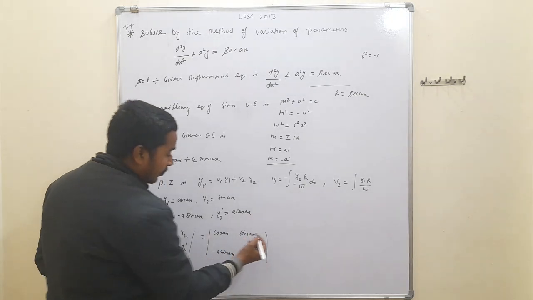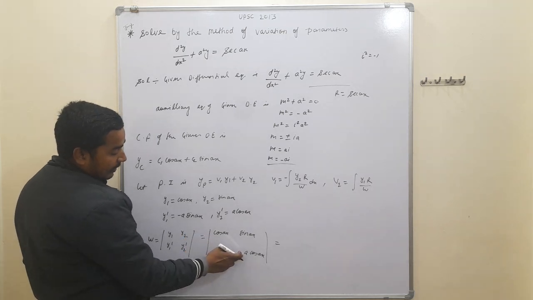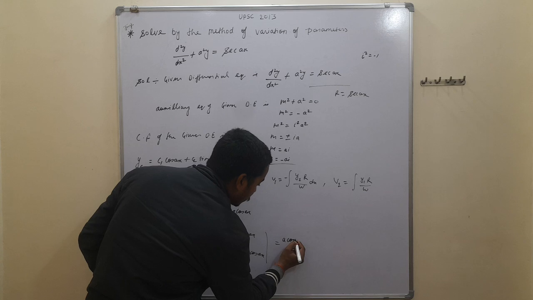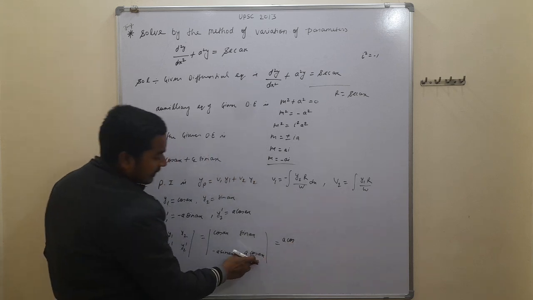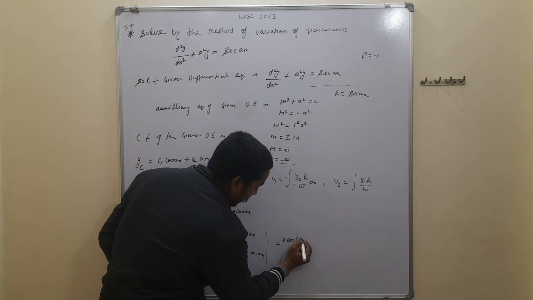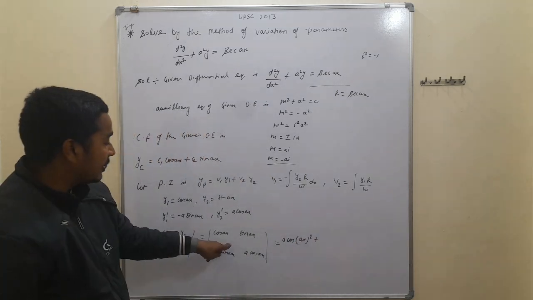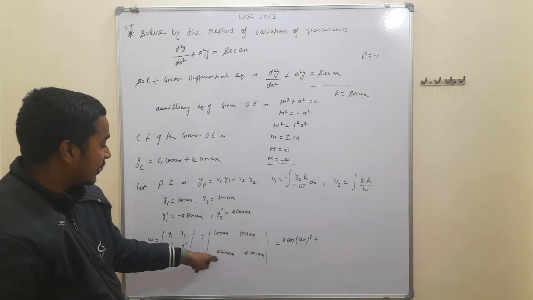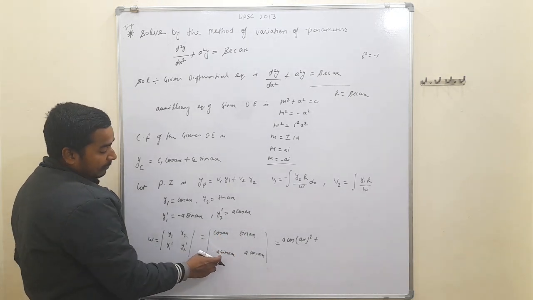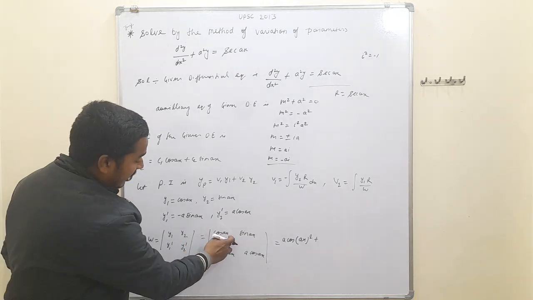On cross multiplication we get a cos ax times cos ax, which is a cos^2 ax, plus, since minus is already present and we multiply by the cross term taking minus, minus minus is plus,